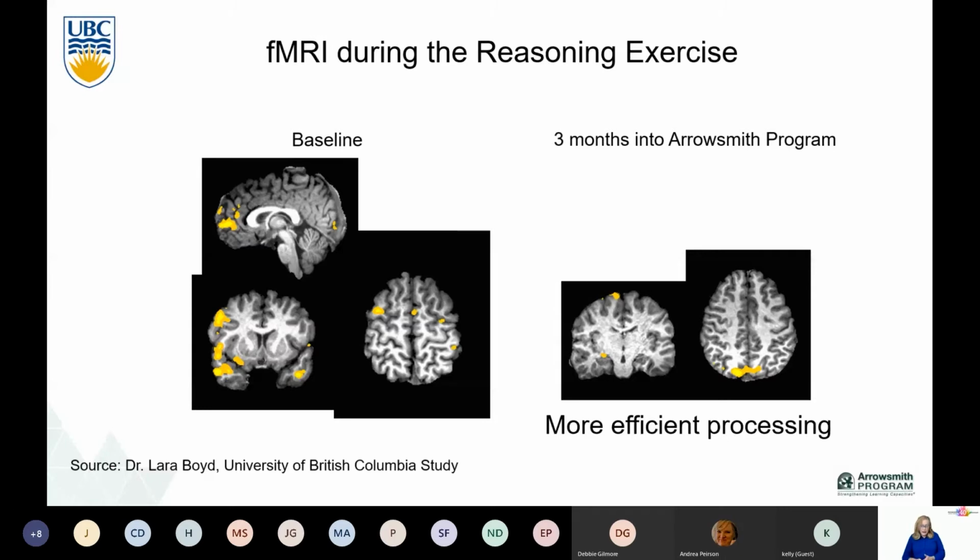What the researcher, Dr. Boyd, said was, we don't want to always have to be doing maximal effort in our brains. It's like our muscles. If your brain is fit and accomplished at a task, you should be able to dial it down, and that frees your cognitive resources to do other things. So we're seeing, as students go through this work, more efficient processing in the brain.